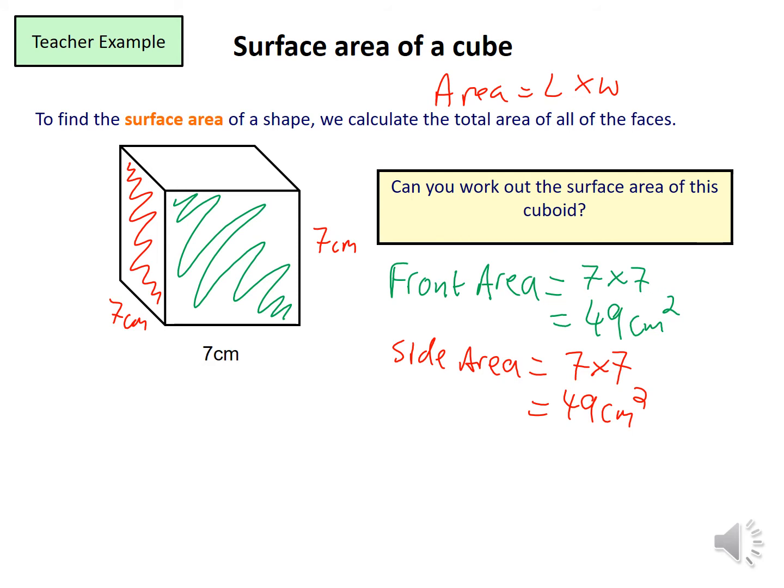And then I'm going to calculate the top area, which equals 7 times 7, which is equal to 49 centimeters squared. So we've calculated the front, we've calculated the side, and we've calculated the top. So the total surface area now,